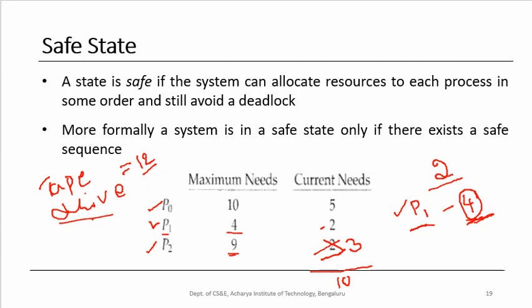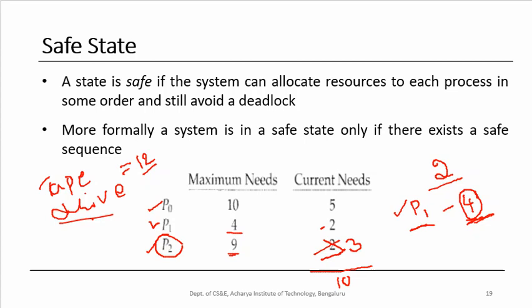Now what is the mistake that we did here? We granted the resource, one additional instance of tape drive, to P2 when it made the request for it. So that's the mistake that we did, and which has taken the system to an unsafe state. Okay, I hope you have understood the difference between safe state and unsafe state.